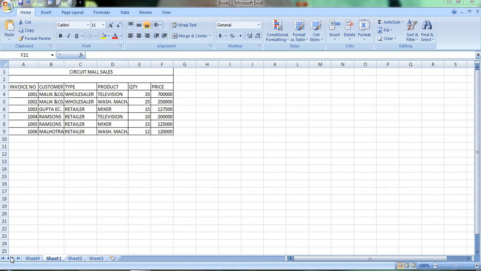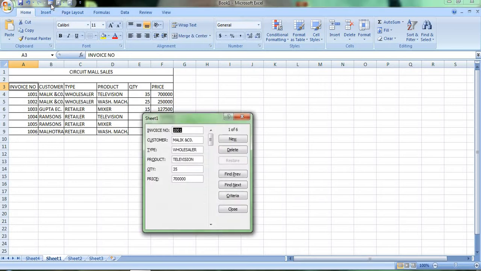After that, click on any cell. Like I have clicked here, at A3. Then you have to go to Form. Here it is, the Form button. My details of 1001, 1002 will be coming here.